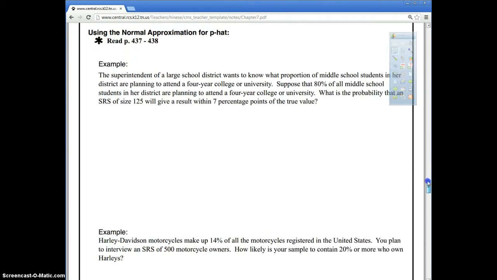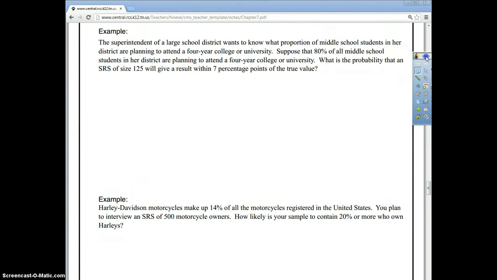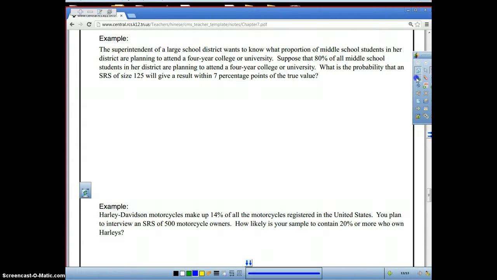So if we look at some problems like this one, the superintendent of a large school district wants to know what proportion of middle school students in her district are planning to attend a 4-year college or university. Suppose that 80% of all middle school students in her district are planning to attend a 4-year college or university. Okay, right here, they are giving us p. We are assuming that the population proportion is equal to 0.8 because the population would be all middle school students in her district. And so if 80% of those are planning to attend a 4-year college, that is p, which is also the mean